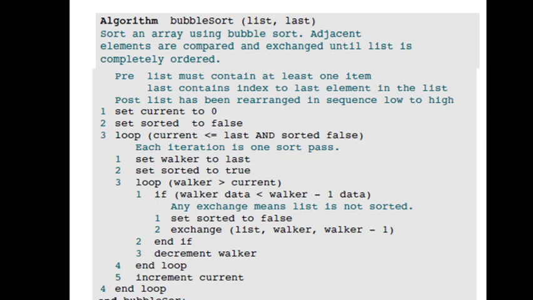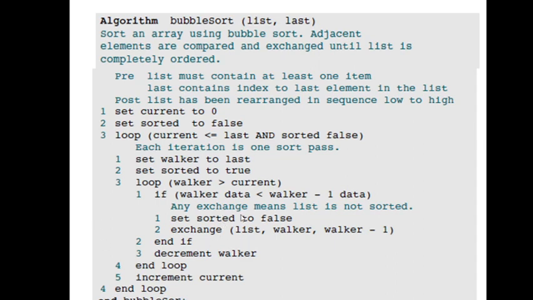If the Walker data is smaller than the Walker minus 1, then it triggers an exchange immediately. So immediately the two values are swapped so that they are in proper order, and then decrement Walker. So the Walker gets decremented. If it were from the beginning, then it would be incremented, but now it is getting decremented.